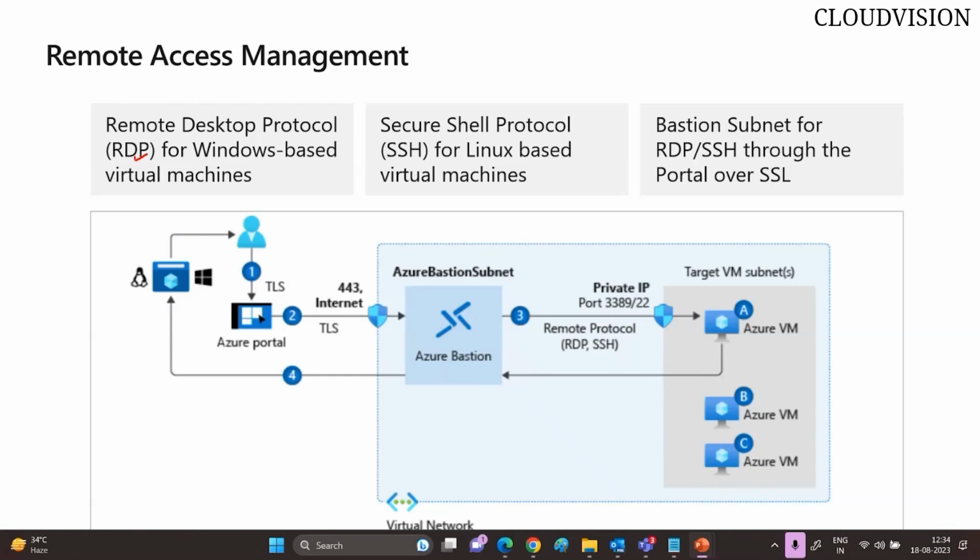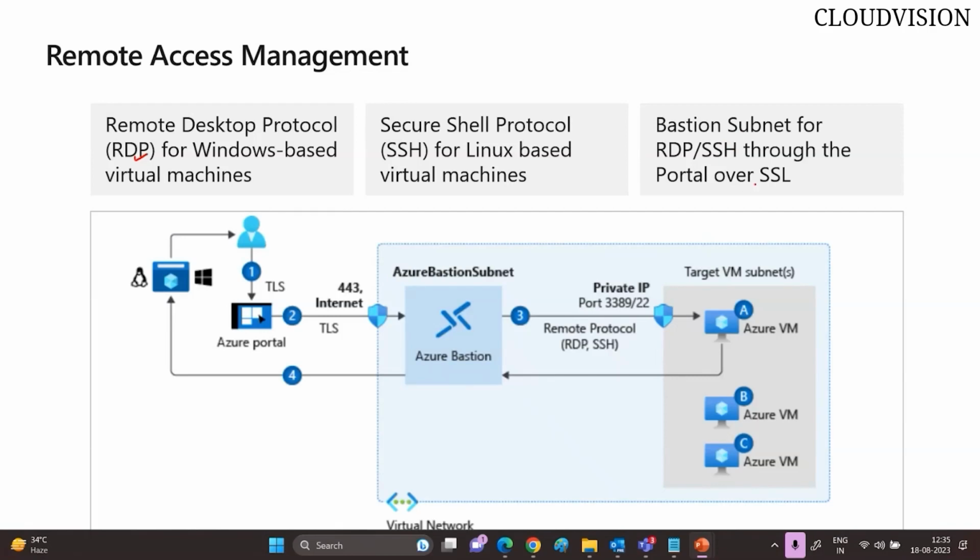Next, we have Secure Shell Protocol, SSH. When it comes to your Linux machine, we need to enable port 22, and you need some other tools as well, like Putty and PuttyGen, which you need to generate the keys. So these are the two commonly used methods to take a remote session. Maybe you have some services where you can configure the NAT. And at last, we have this